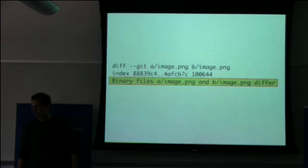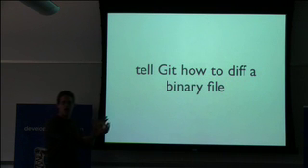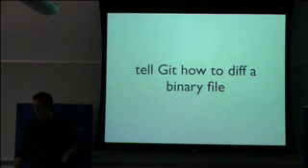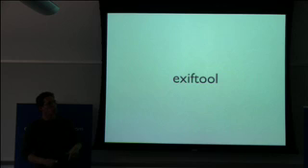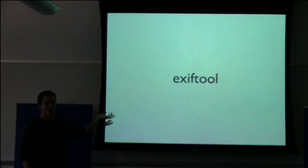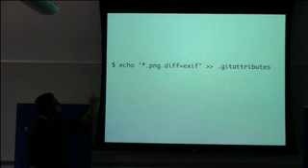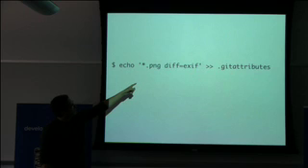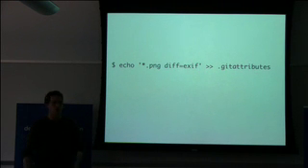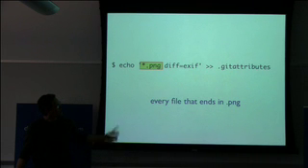They're different somehow. But you can tell it how, right? If you can make that file type into something that is diffable, you can tell Git how to do that. So for example, if you run all your PNG files or all your image files through exiftool, you can diff at least the exif information, right? So if you say, all my PNG files, I want the diff to use exif first, so it's like a filter before you run the diff on it, to turn a binary file into a text file you can diff,